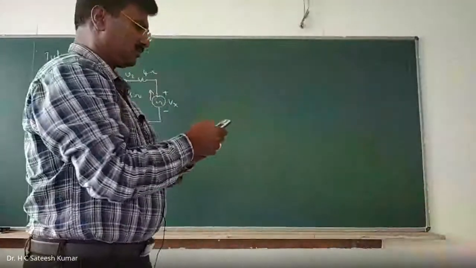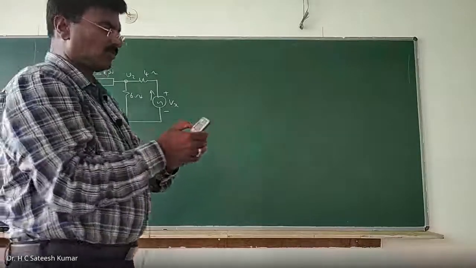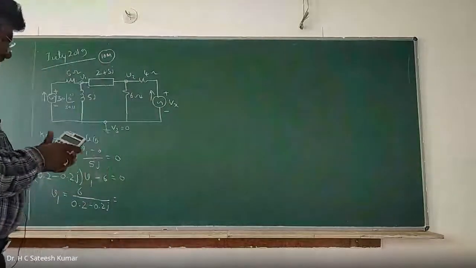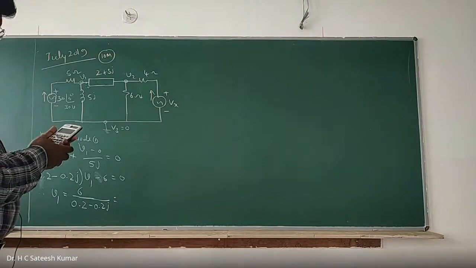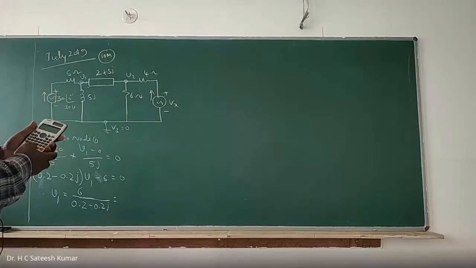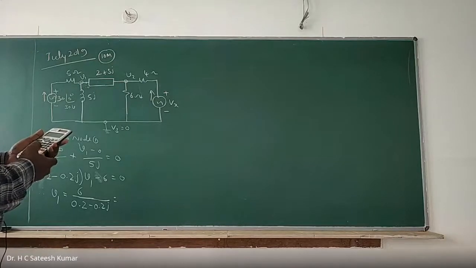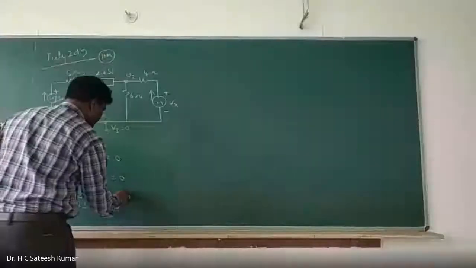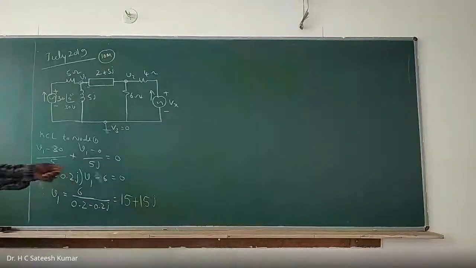Okay, right. So in this mode, go to complex mode and do it. 6 bracket divided by bracket 0.2 minus 0.2 I, close the bracket, equals 15 plus 15J. Is it okay, madam? Is it 15 plus 15J? Okay, right. So that is V1 we got directly from this one.